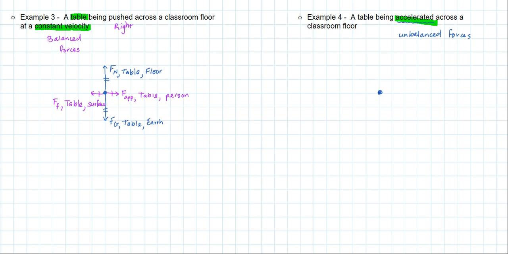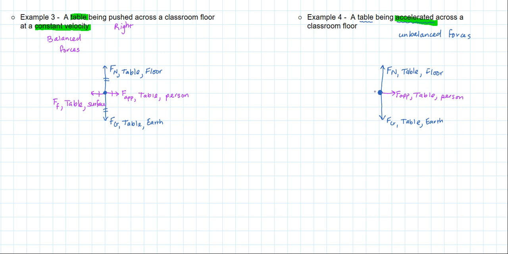Start with a dot to represent the object, which in this case again is the table. The vertical is going to be exactly the same actually, so that's easy. So I'm going to go ahead and just quickly sketch those ones on. Force gravity on the table by the earth. We have a normal force on the table by the floor. I'm assuming again it's being pushed to the right, so I'm going to go ahead and draw my force applied here. Force applied on the table by the person,